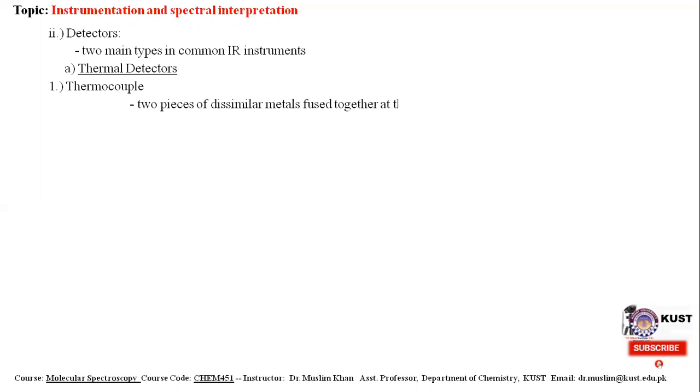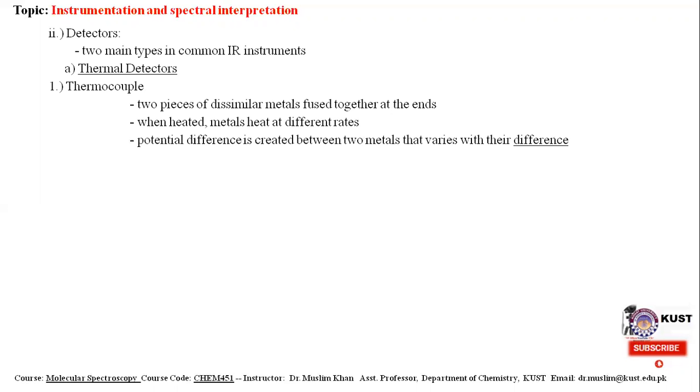So, coming to the detector used in the IR spectroscopy, two main types are in common instrument. One is thermal detector, and in the thermal detector, two pieces of dissimilar metals fuse together at the ends. When heated, the two different metals heat at different rates. So a potential difference is created between the two different metals that varies with the difference in temperature,